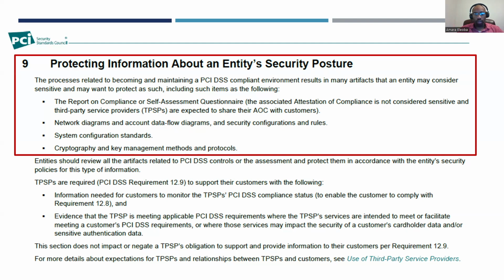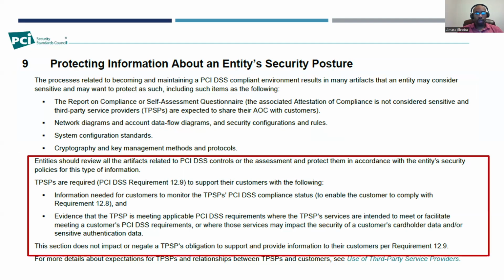You need to protect that information. Then this one also deals with third-party service providers. So if they are required to support their customer,